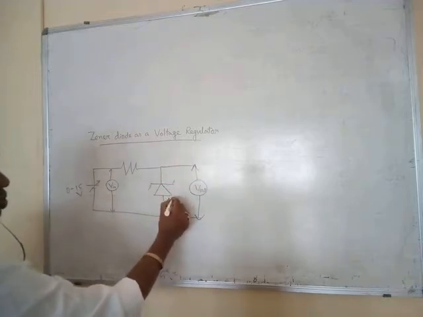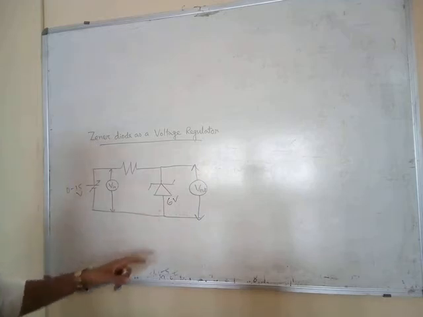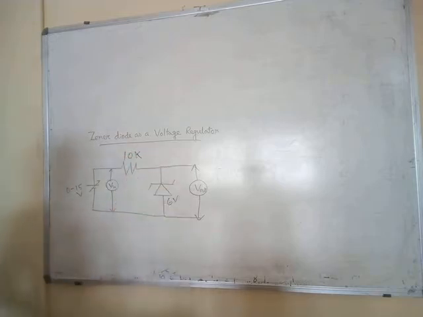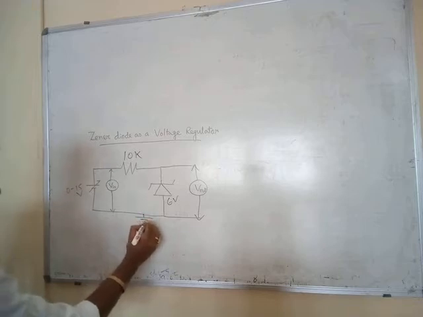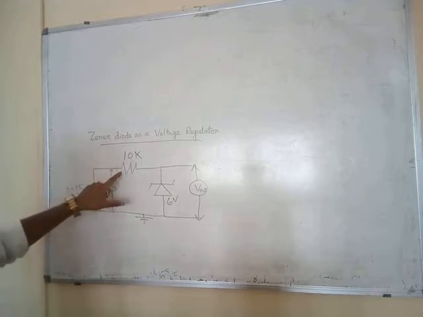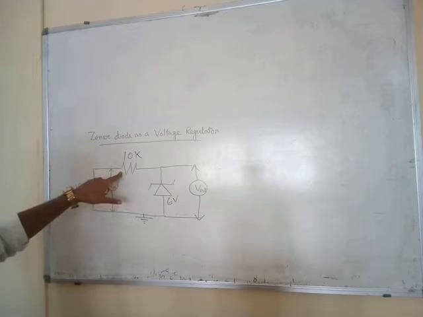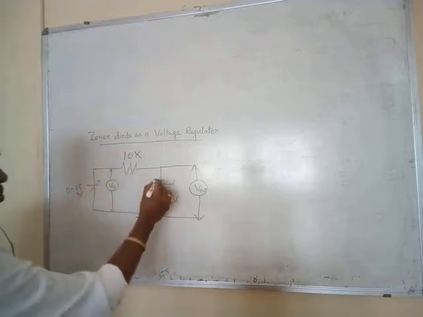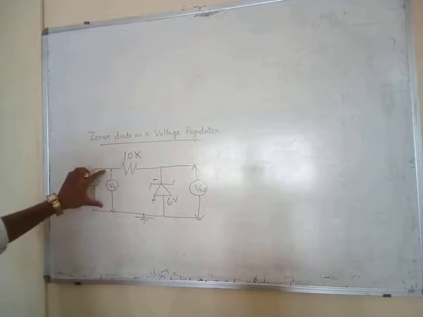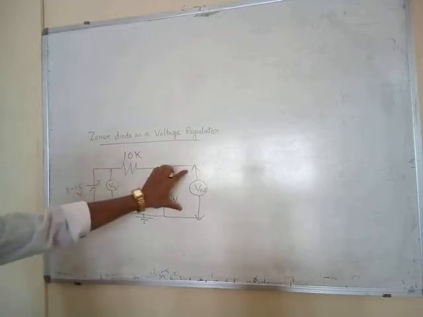This is a 6 volt Zener. We take today a 6 volt Zener. There are various types of Zener, suppose 417, 9 volt. A 10K resistor, and ground. So first of all, we connect the variable supply, that is plus, to one point of the resistor, that is 10K, and the other point of the resistor is connected to the negative part of the Zener. This is negative, this is positive. And parallelly, this multimeter is connected at the input signal, and this is at the output signal.